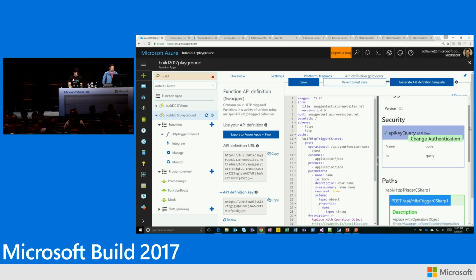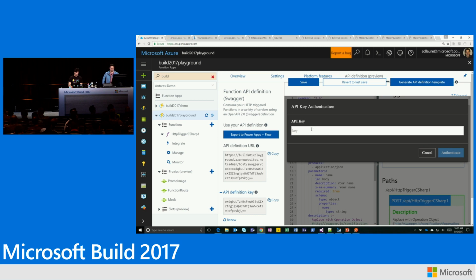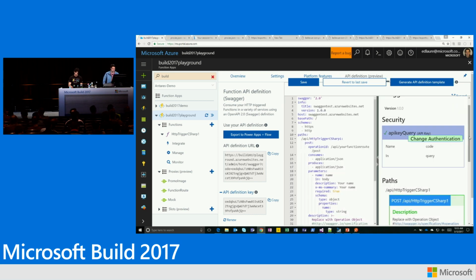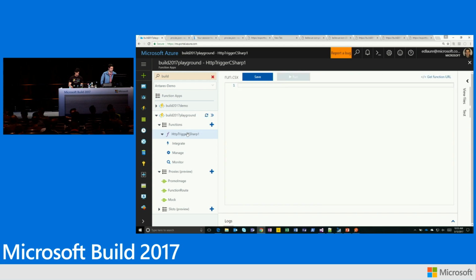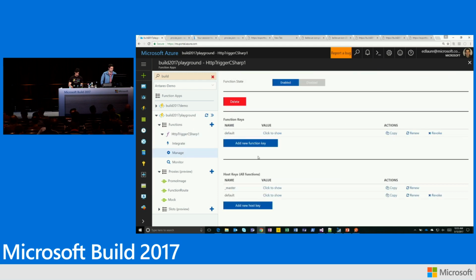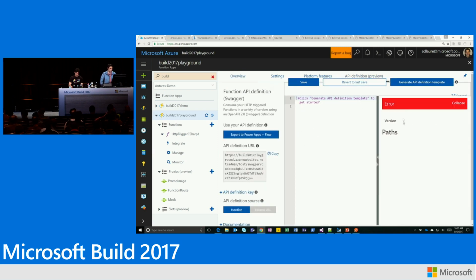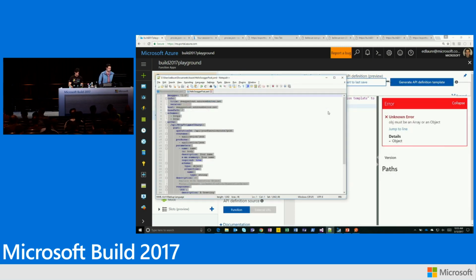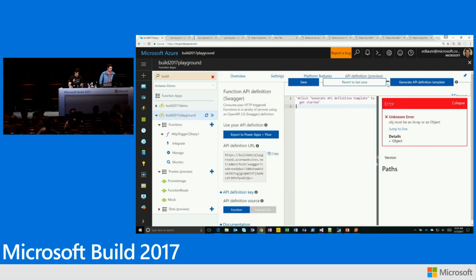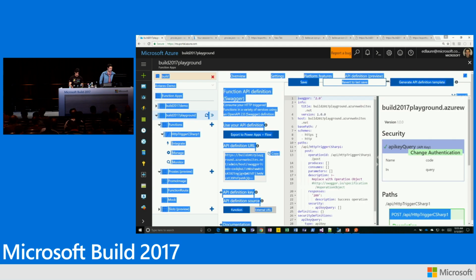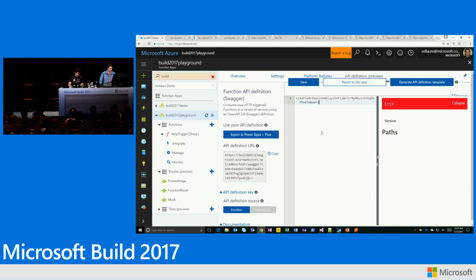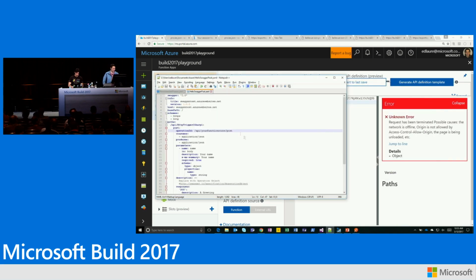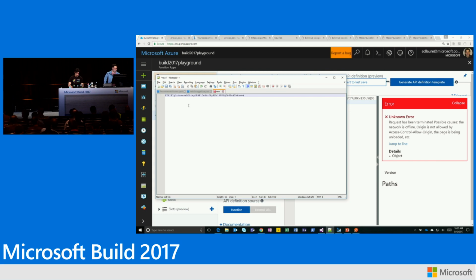And what we can do is authenticate that API, and you can grab the API key from the function here. So let's do that. Get the API key for that function. Here we showed all the keys. Don't memorize it. Use it later. We go back there on the API definition, enter that key. Let's paste that in again, because I did not hit save. Okay. I put my key over here.